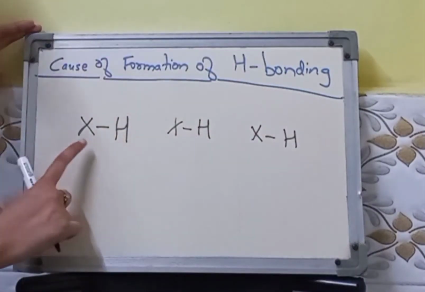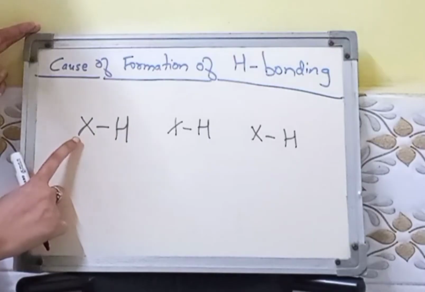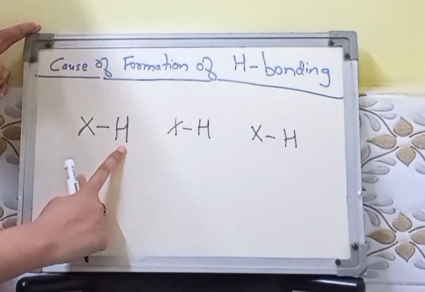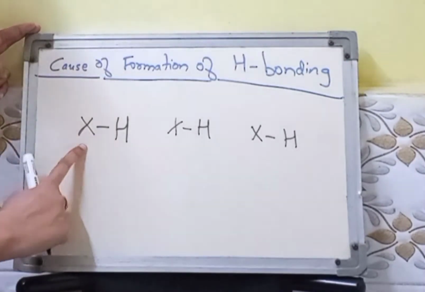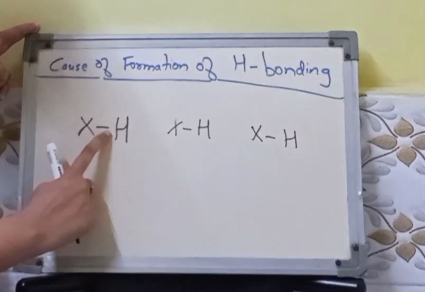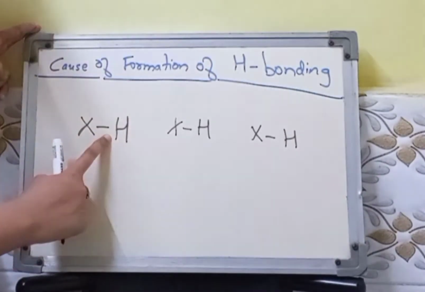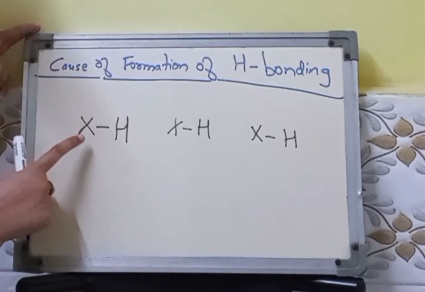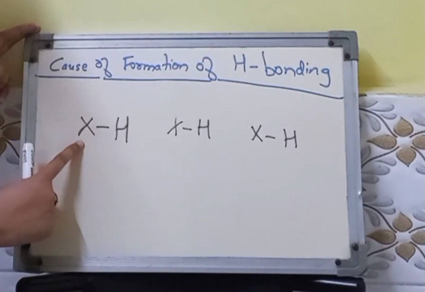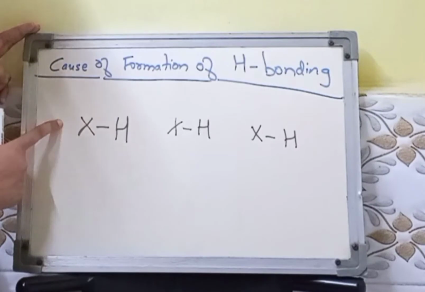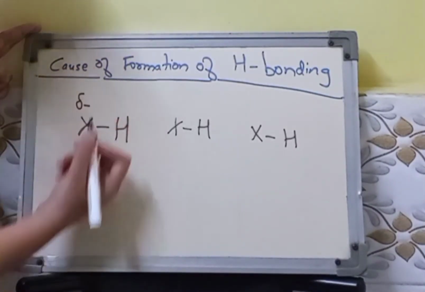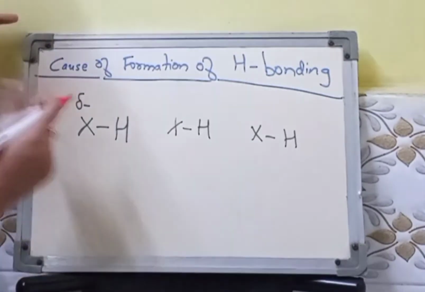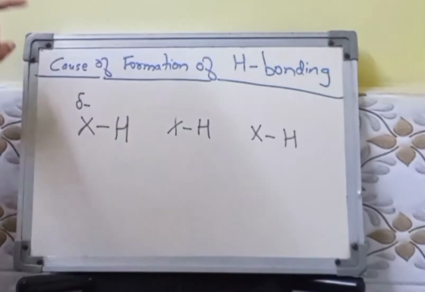So when you have many molecules of XH, if you focus on the first molecule, as you know the electronegativity value for H is 2.1, and X is highly electronegative, so it is going to have a higher electronegativity value. So the covalently bonded electrons will be pulled towards your electronegative atom, correct? The electron density will be more towards your electronegative atom. So this develops a partial negative charge.